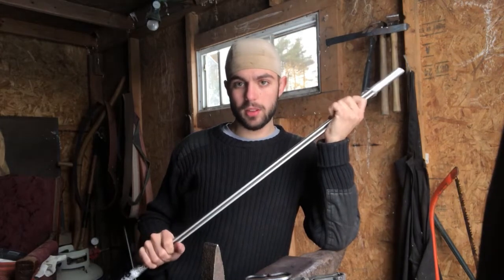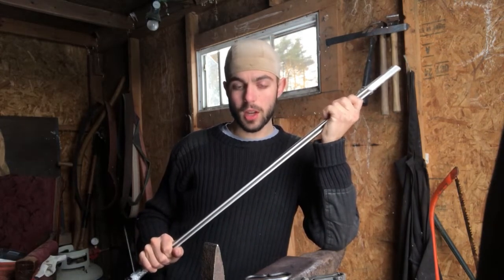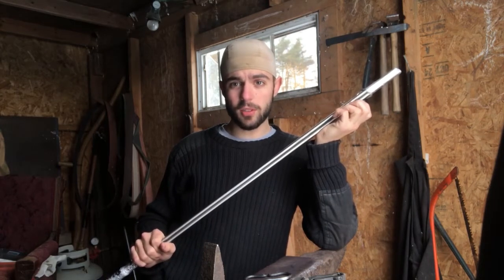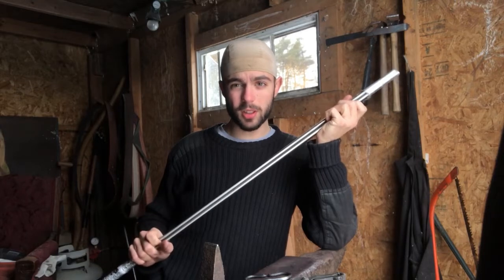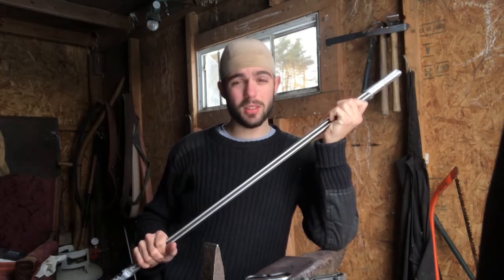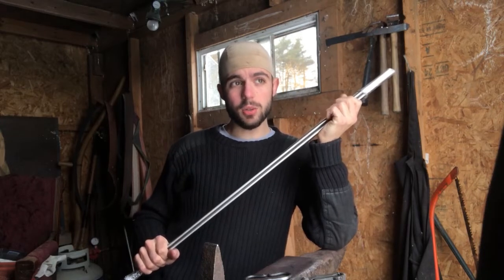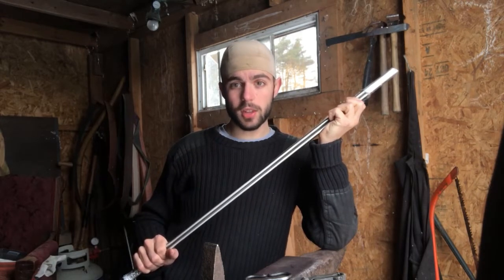This is the steel that we'll be using to make our flint striker. Really, O1 we're going to want to use just because it's got a very high carbon content. This has a carbon content of, I believe, about 1%. So the higher the carbon content in the metal, usually the better the sparks you're going to get from the